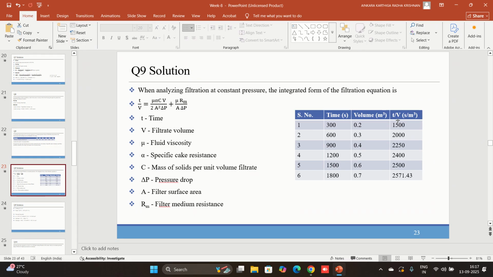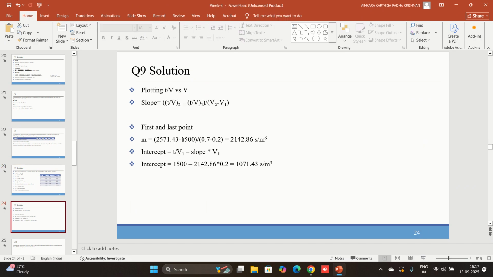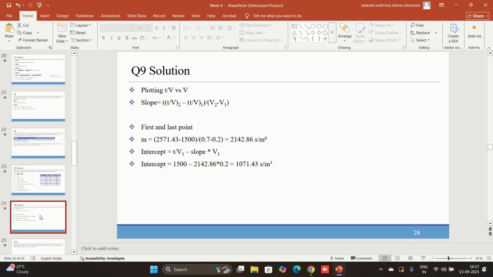So we are taking the first one and the last one. This is 1500 and 2571.43. So 2571.43 minus 1500 divided by 0.7 minus 0.2, and that will give us